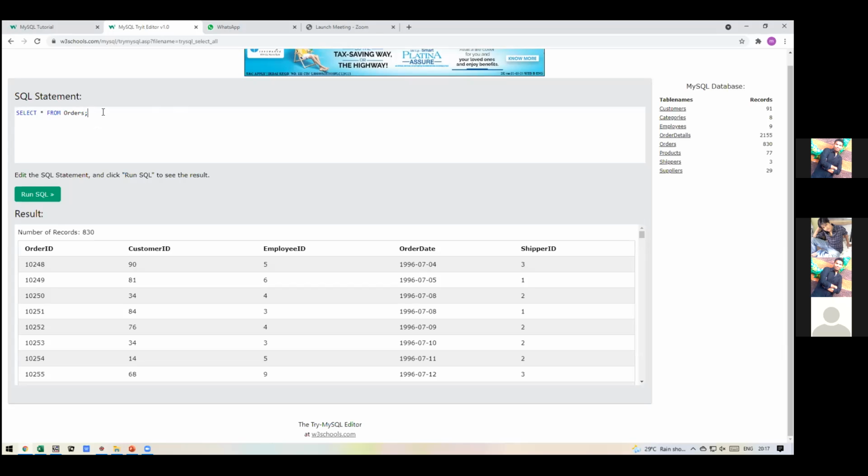If I want exactly the orders table, but I also want the customer name from the customers table, what I will do is select asterisk from orders,